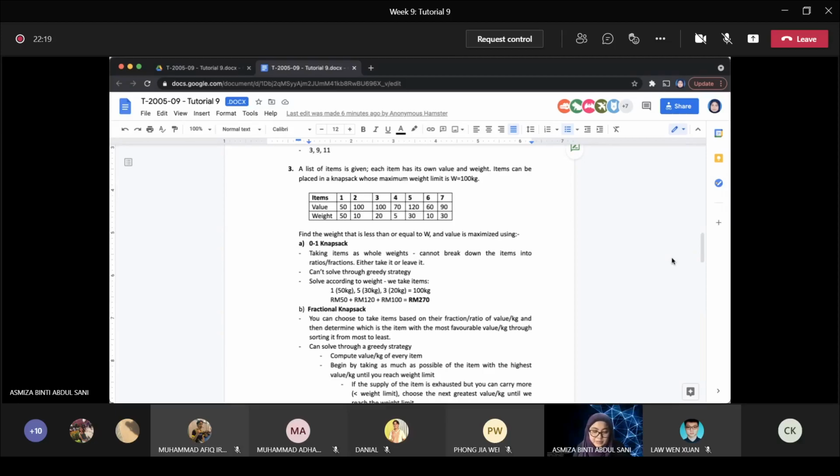The reason why in the slide we show you the 0, 1 knapsack is to show you that for this 0, 1 knapsack problem, greedy is not going to give you the most optimal solution. Okay,